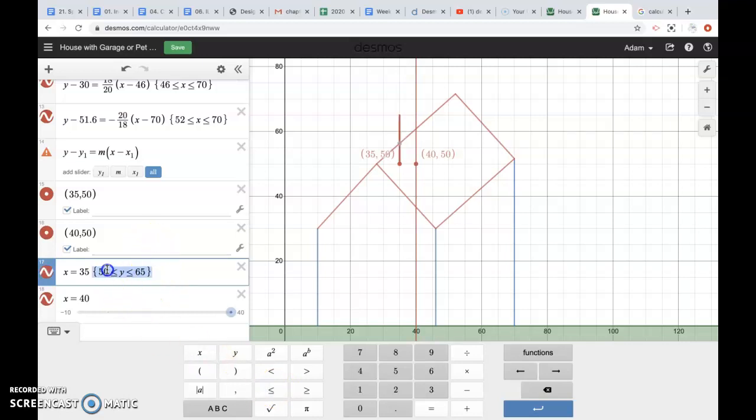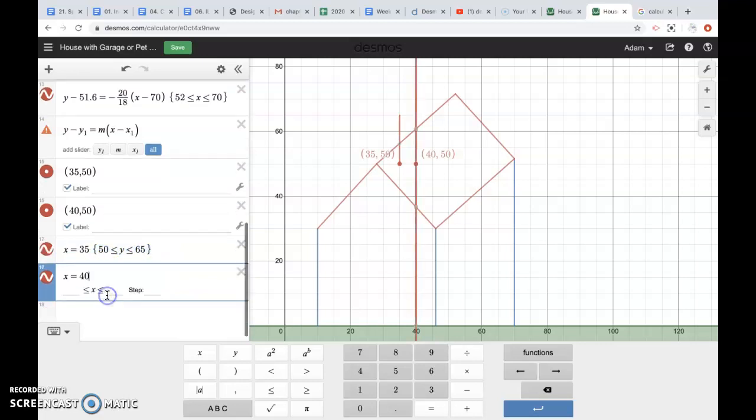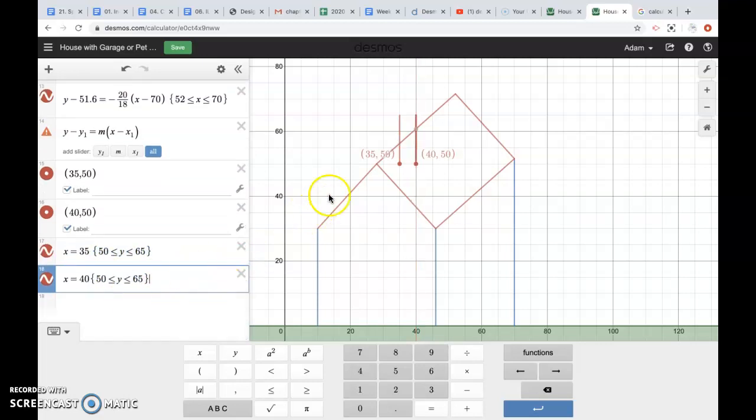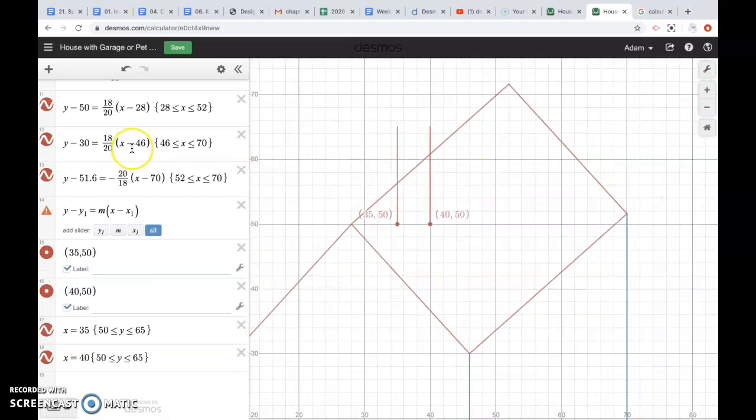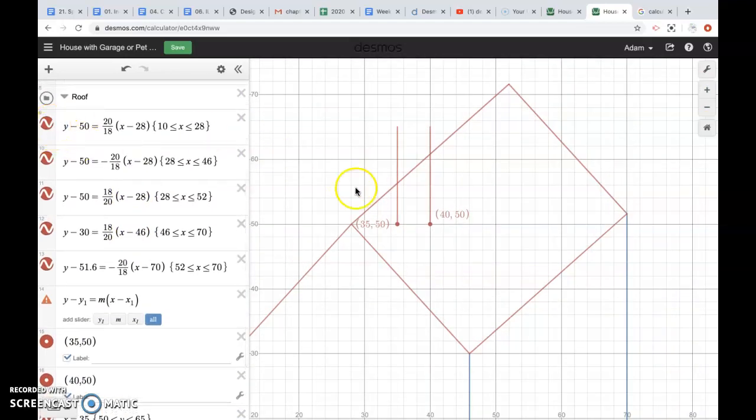And I'm going to copy that same thing for the other side of my chimney. And you can do some crazy stuff in here. If you want, what you can do is, if you zoom in, and I'm going to go to my roof real quick. So I'm going to try to find this top line. I think it's the second one. Nope, that one. If I want to, I can plot a point right here, and I can actually change my